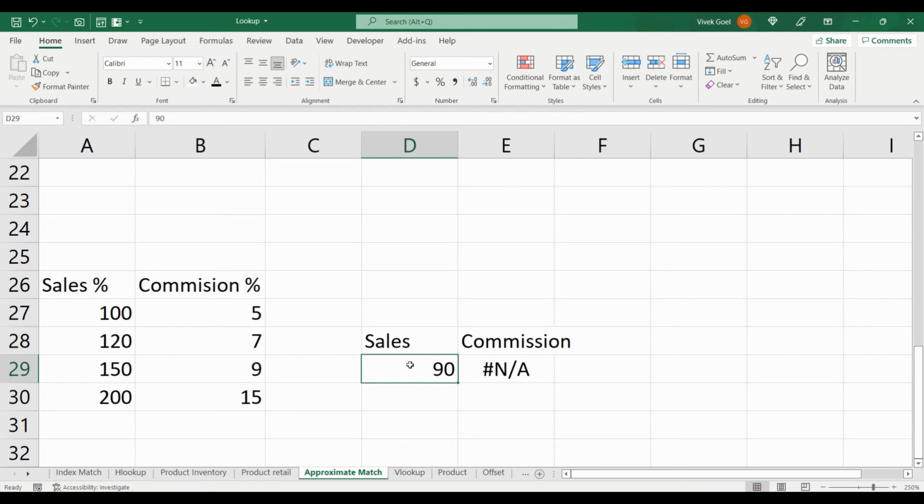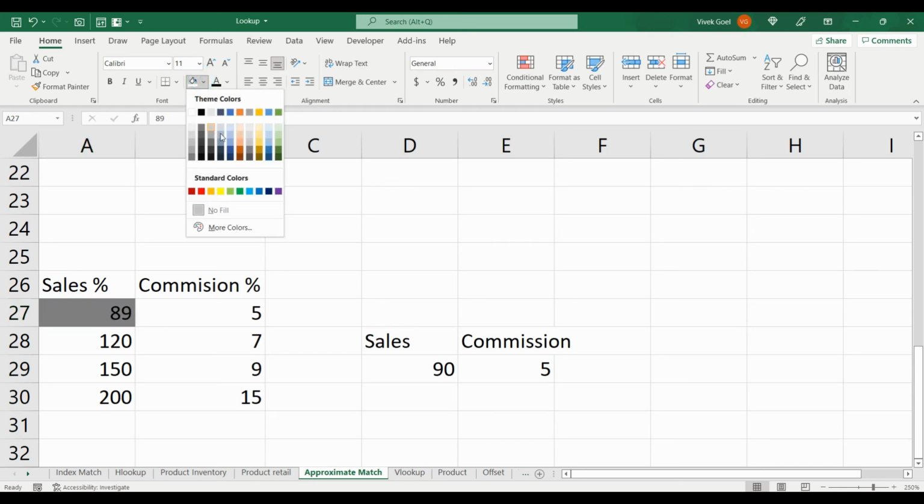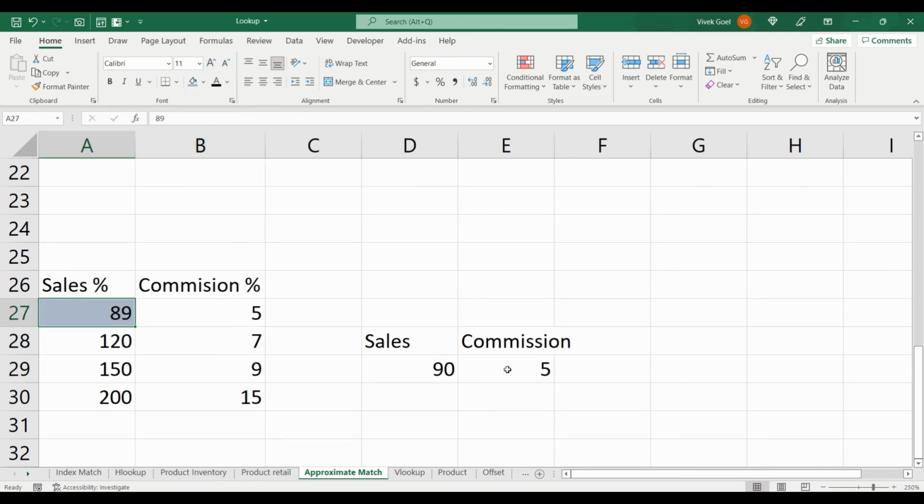Now we entered 90 and the lowest value in our range is 100, so it could not find any value which is equal to or lower than 90, so it returned NA. If we change this 100 to 89, it will find at least one value which is equal to or lower than 90, so it will start returning 5%.